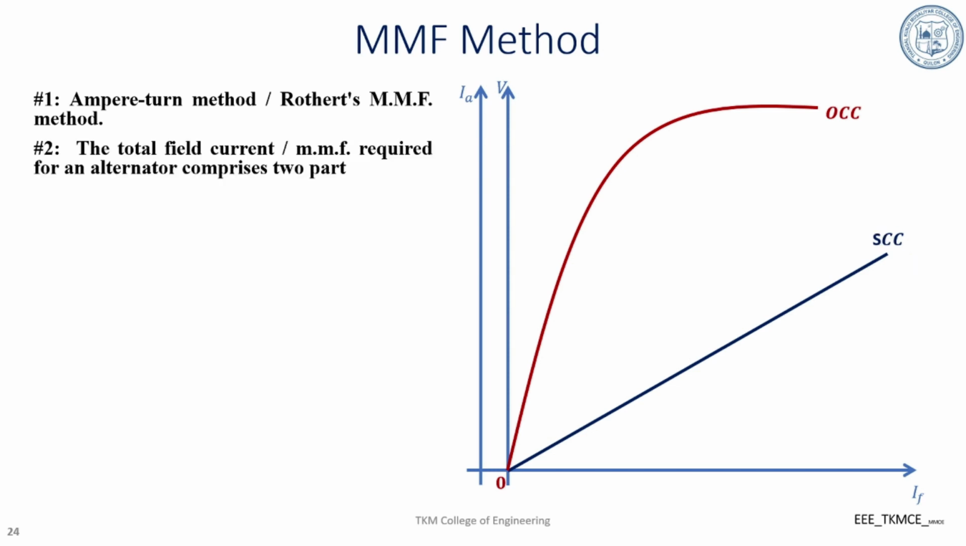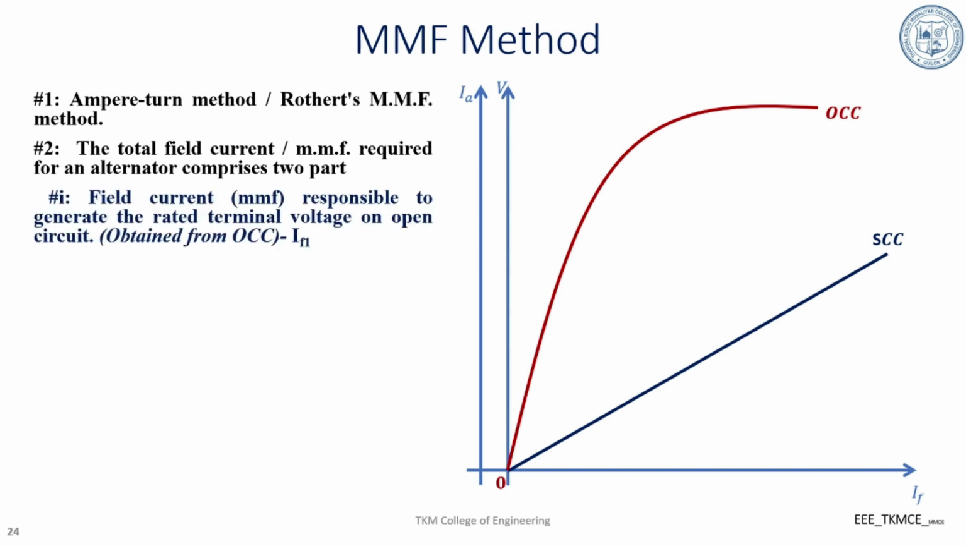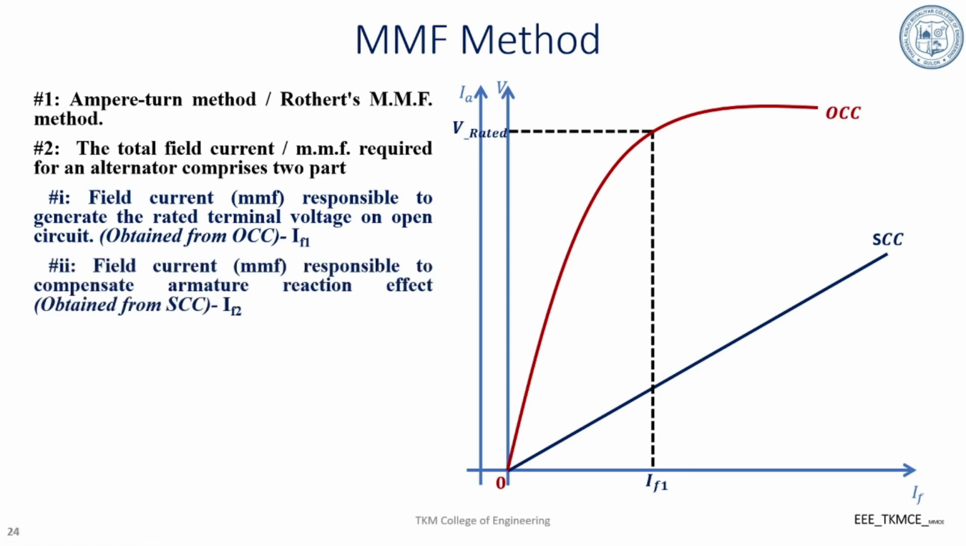The total field current or MMF required for an alternator comprises two parts. The first part is the field current responsible for generating rated terminal voltage under open circuit condition, that is IF1, which is obtained from the open circuit characteristics. So corresponding to V rated under open circuit condition, how much field current is required, that is IF1. Then the second part is the field current responsible for compensating the armature reaction effect, that is IF2, which is obtained from the short circuit characteristics. So corresponding to I rated under short circuit condition, how much field current is required, that is